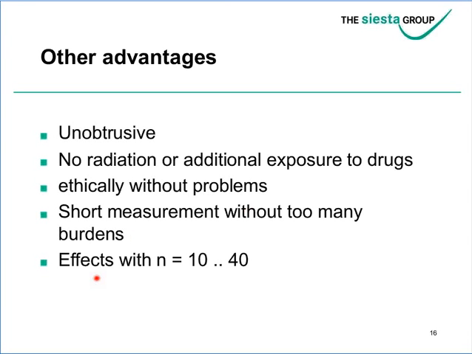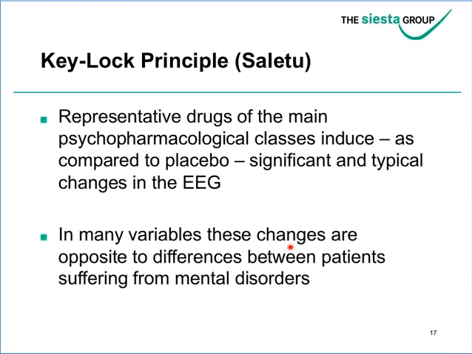And the effects that I have also shown you are typically visible already with sample sizes of between 10 and 40, your typical early phase cohort or group size. So the method lends itself very nicely for early phase measurements of all those effects. Let me, before I come back to those aspects,